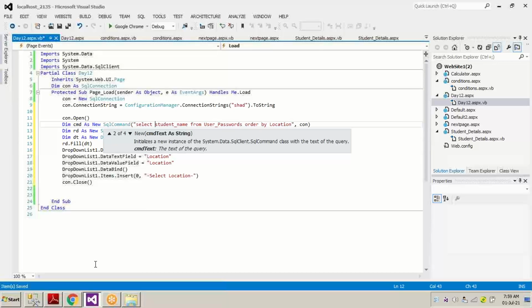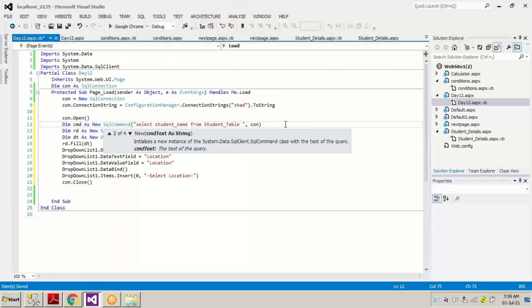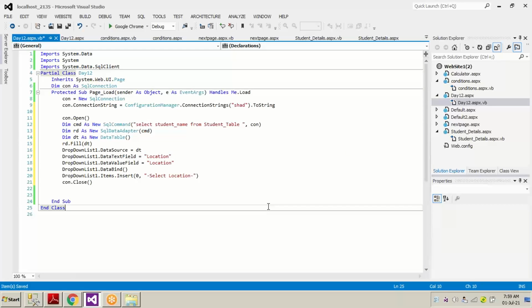From the table name, let's remove this. I will be explaining you what is this. So we just wrote the SQL commands here. It will tell the program to go to the student table, and inside that student table, it has to select this particular field.